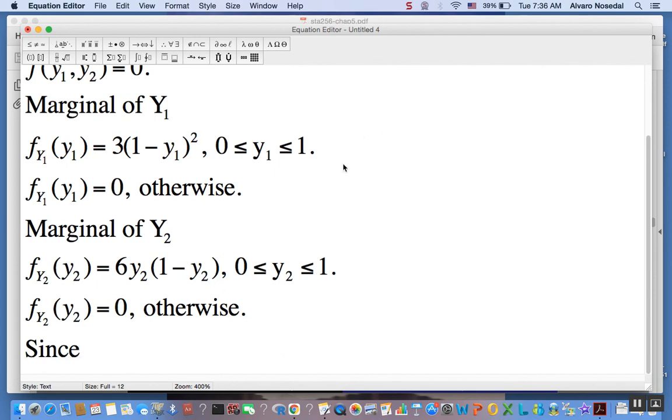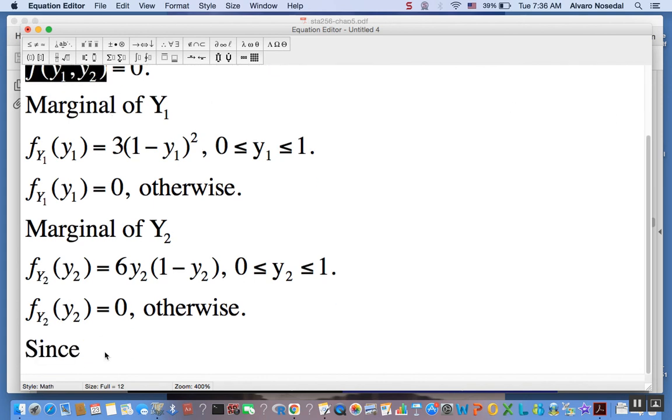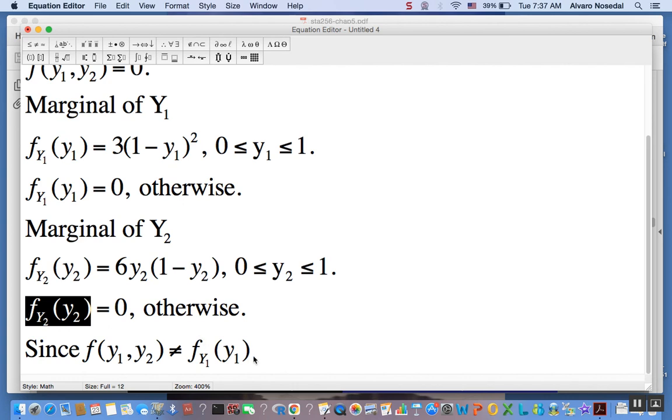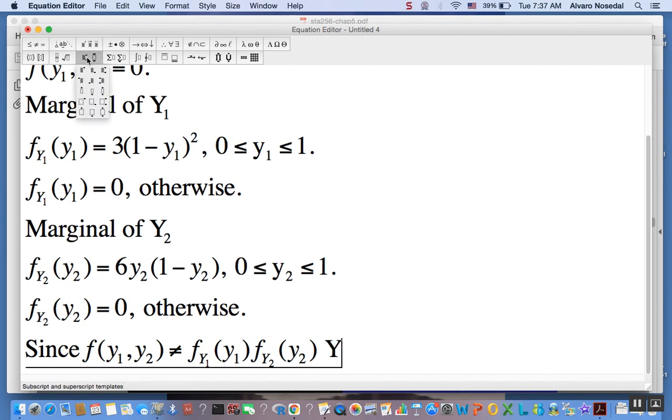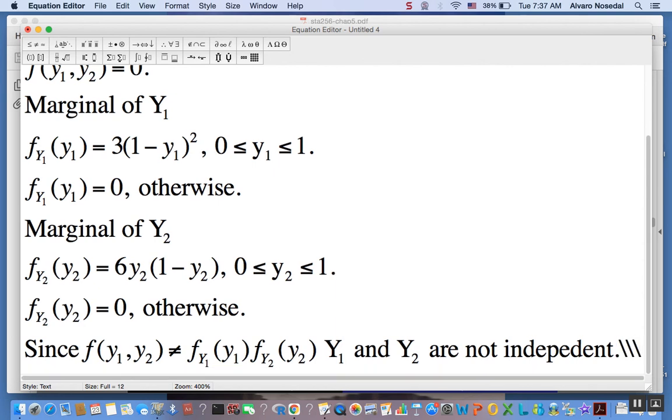Since the joint is different from the product of the marginals, y1 and y2 are not independent. Oh, oops,